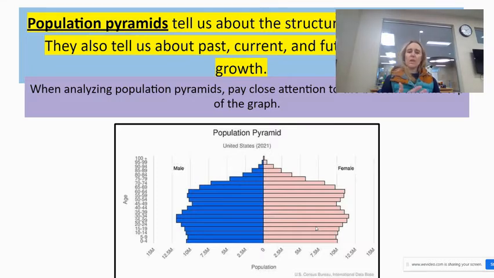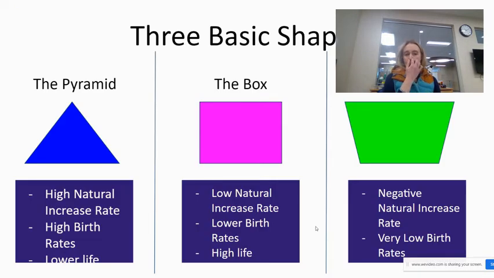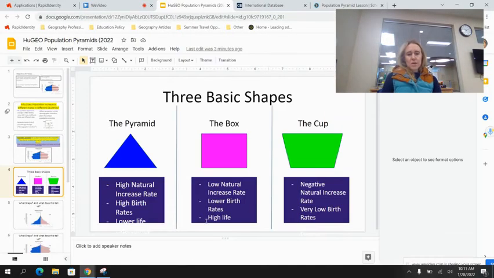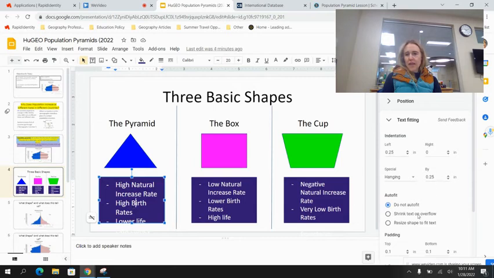But more importantly, the actual shape of the population pyramids tells us a lot about what's going on in the country. Are people having a lot of children? Are people dying at really high rates? Is it a really young population or is it a really old population? So when we take a look at these, we are going to notice that